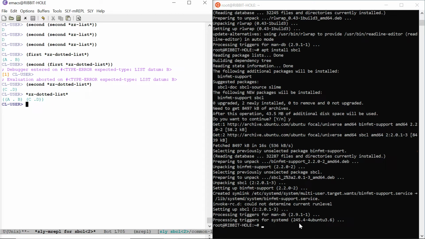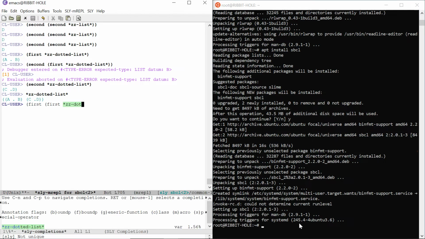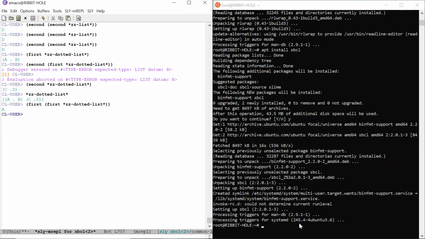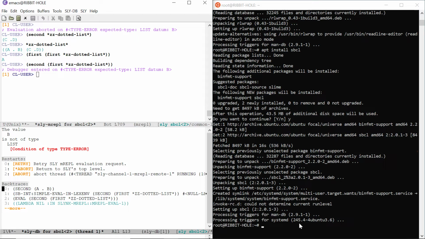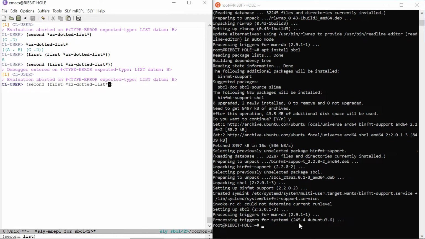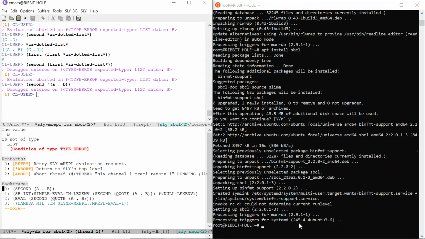What if I say first, ZZ dotted, let's say, and then if I say the first would be that, and so I want to change this one. That's what I tried to do the last time, right? The second, and it didn't want to work. B is not a type list. Like, show me what the second of A.B is then. So it just doesn't like that, right? Because if this was not a broken list,